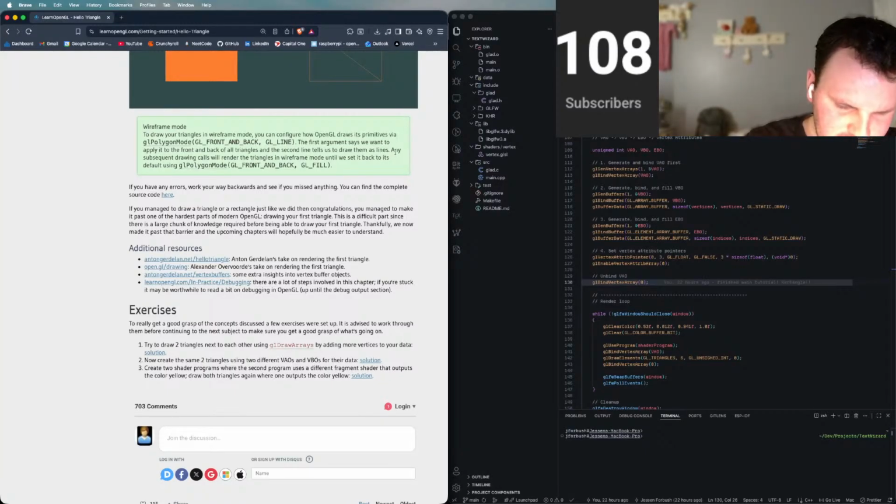Then we have our buffers. Our glBufferData copies the user-defined data into the currently bound buffer. So we have our vertex shader, which is modern OpenGL. It requires that we set up at least a vertex shader and a fragment shader if we want to do some rendering. Okay. Fragment shader, it's all about calculating the color output. Whereas the vertex shader is